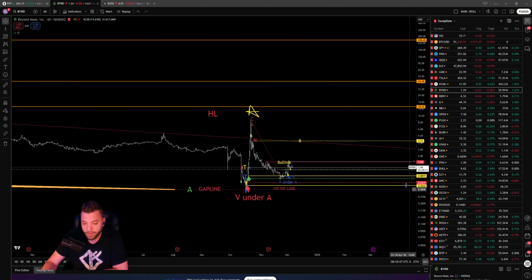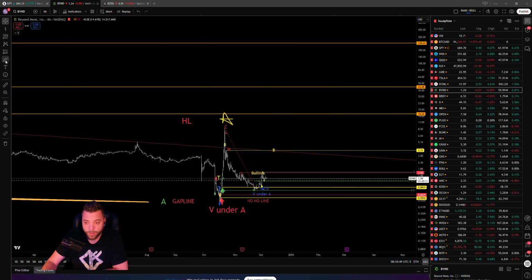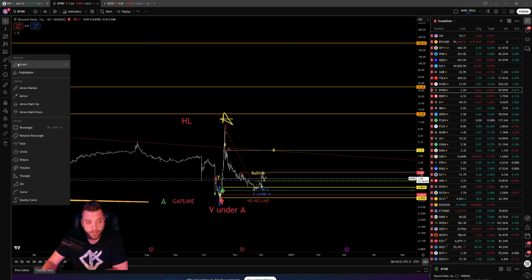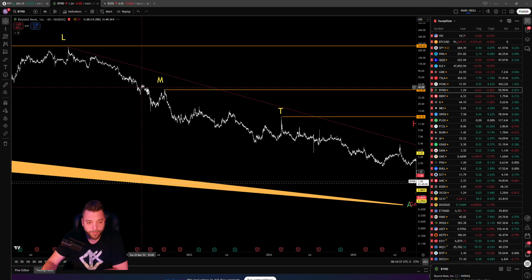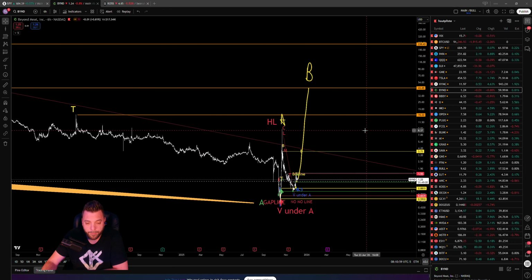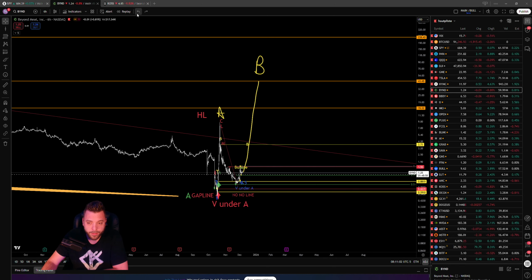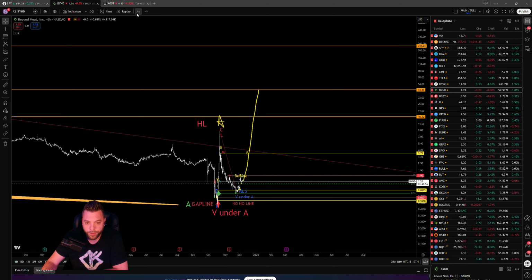But then that means that our next target is 43, because here would be our B, with the M line. I know it's a big difference, 15 or 43, but all in all,